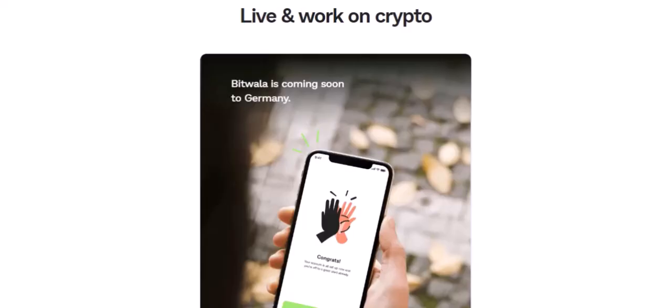Transaction signature failures. Crypto transactions must be digitally signed. If there's an issue with